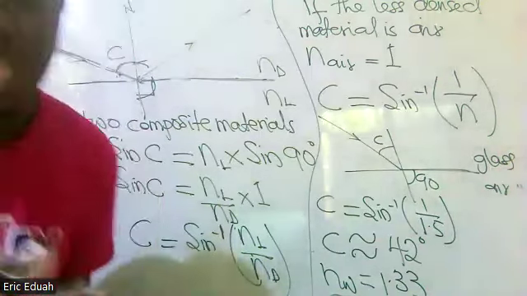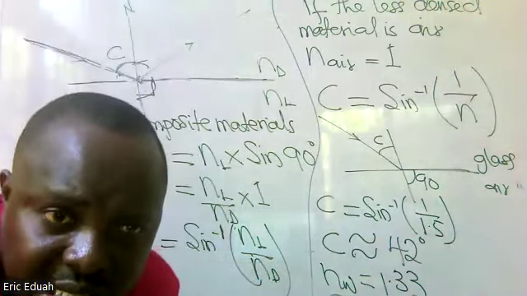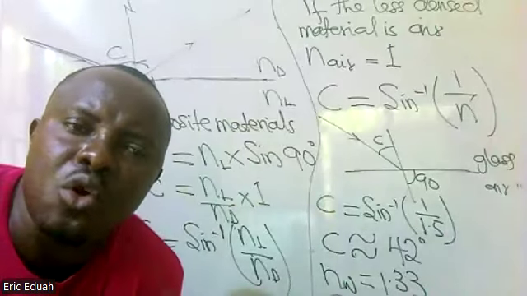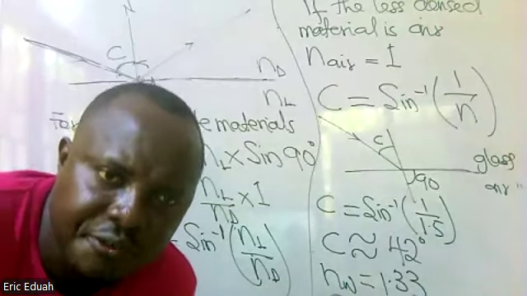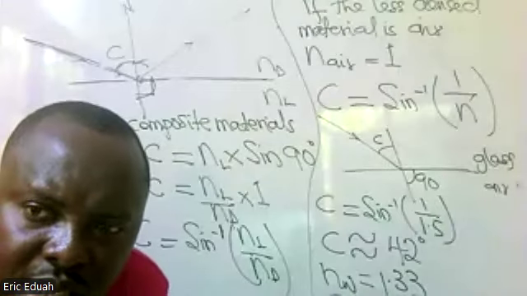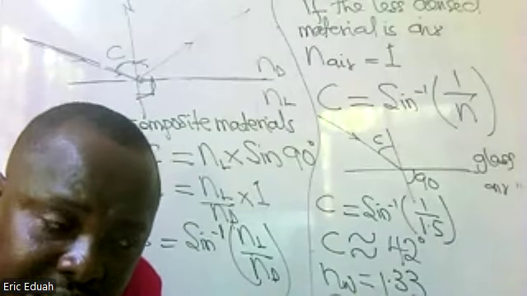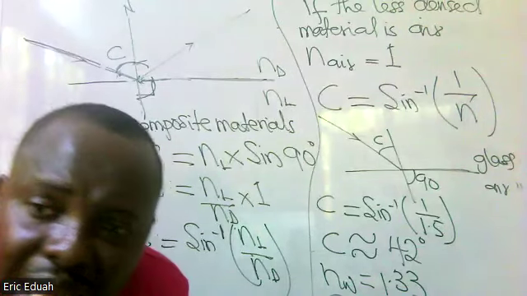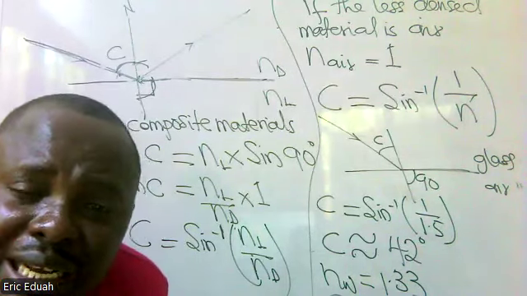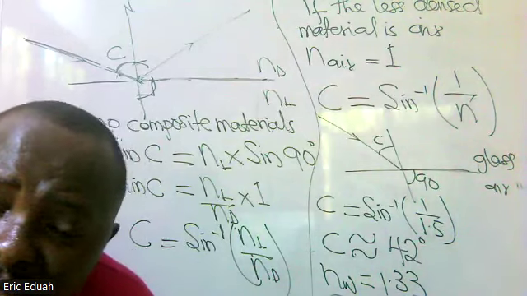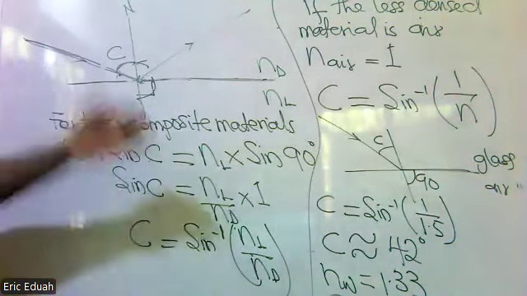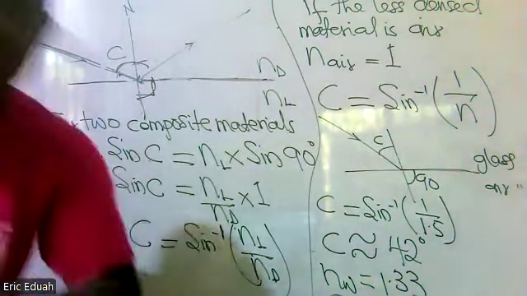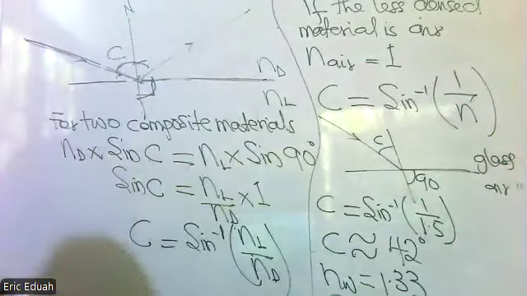So you see, the essence of knowing the critical angle is that you can easily cause total internal reflection, because the condition for formation of total internal reflection is that the angle of incidence must be greater than the critical angle of the material. So when you know it, you would be able to figure out the angle to use so that you cause total